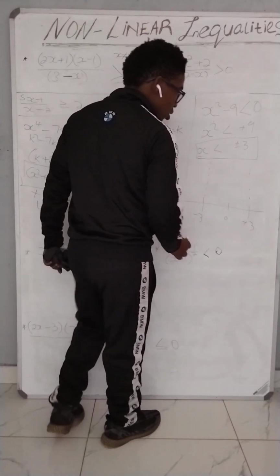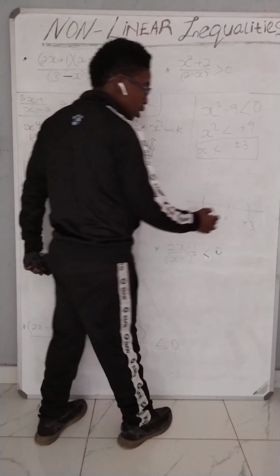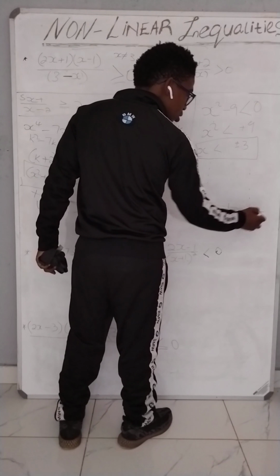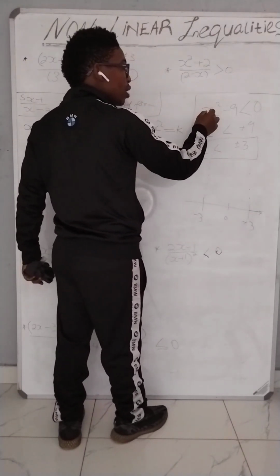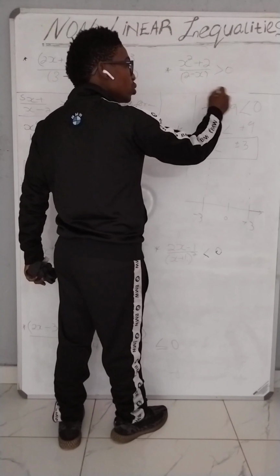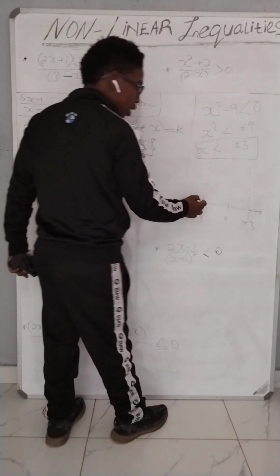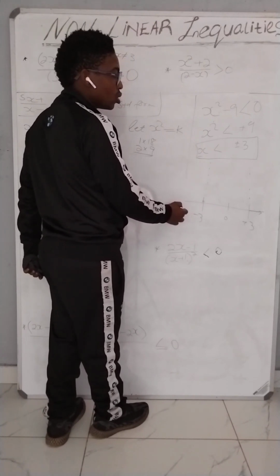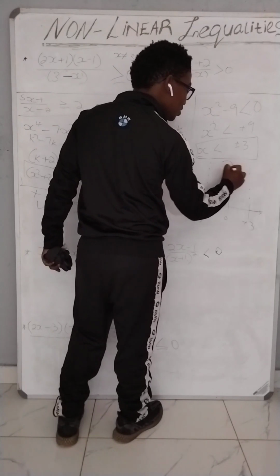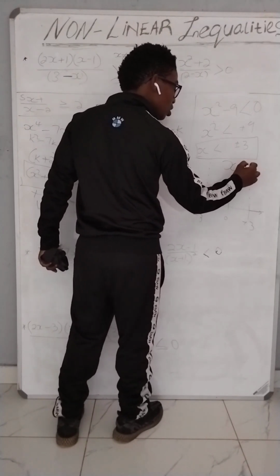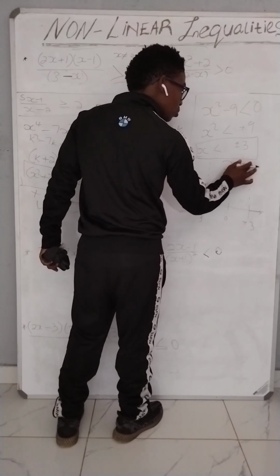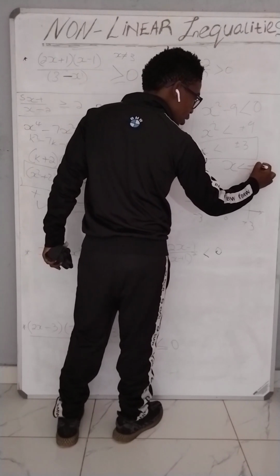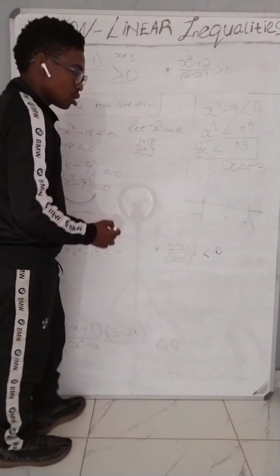Okay, and then you want to find out if x is greater than 3. Therefore, you will have a bigger number, minus 9 will be positive. Therefore, your x is less than 3. Okay, your x is less than 3. So the answer here is x is less than negative 3 actually. Is less than negative 3. Because